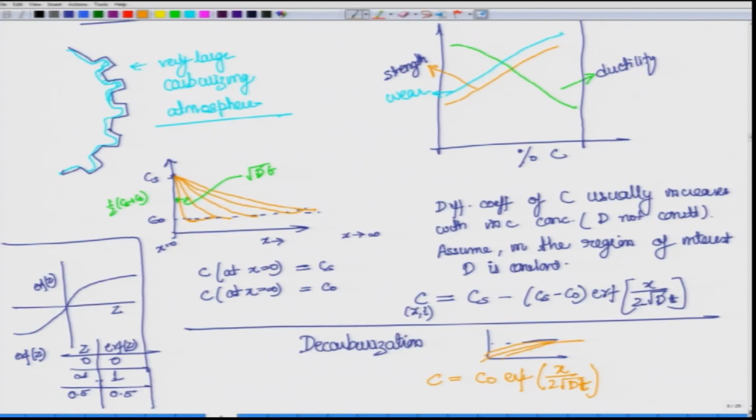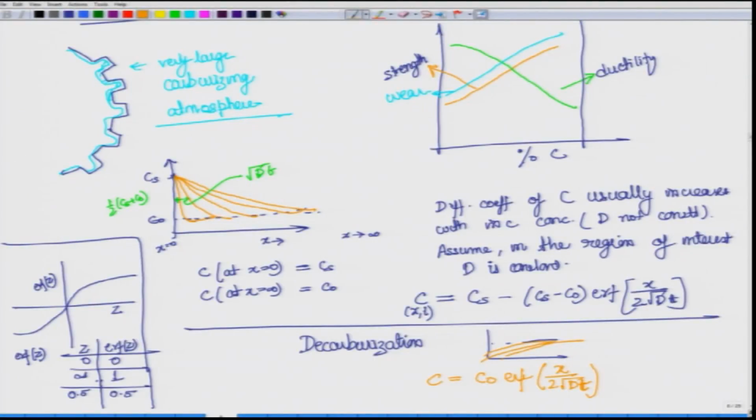So, this is the relation for decarburization. It is just the inverse of carburization. So, we have looked at two examples, and what you would later understand is that although we have so far derived only interstitial diffusion, the overall form of the equation would remain the same even when we talk about substitutional diffusion. And so, similar types of examples can also be solved using exactly the same methodology even when we are talking about substitutional diffusion.